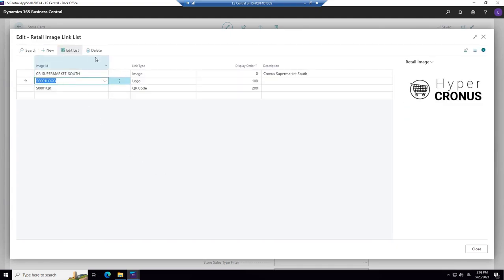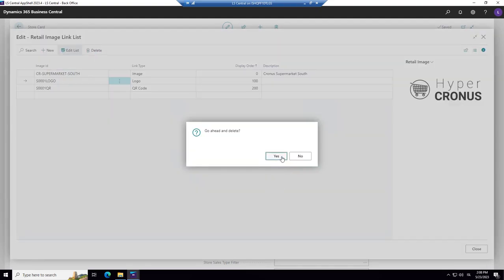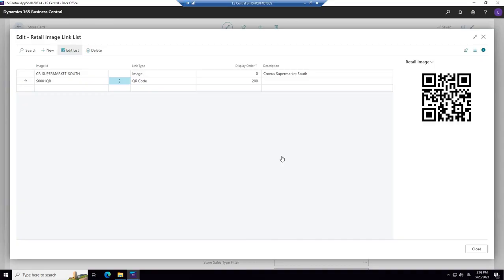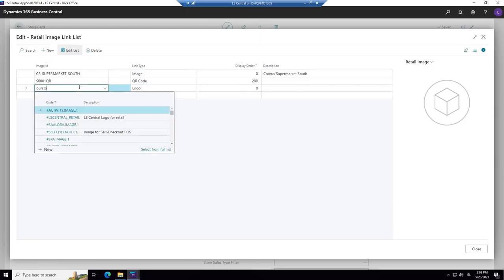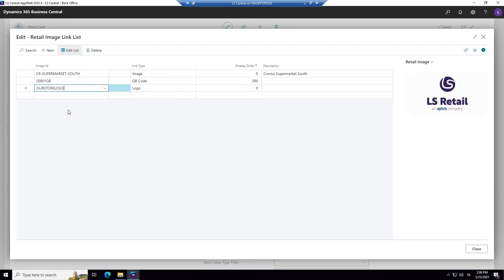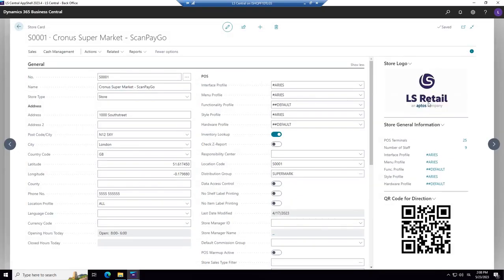This logo line, we're going to delete it. We are not deleting the image, we're just deleting the link for the store. Now we select a new logo link type, and we find our store logo. Here we have it. If we close, we have it here.